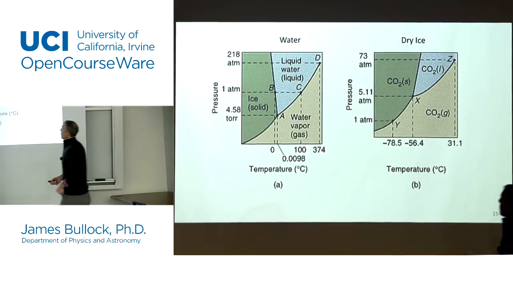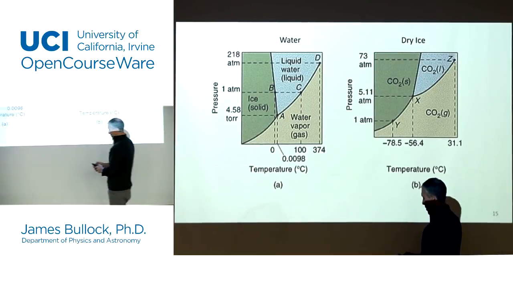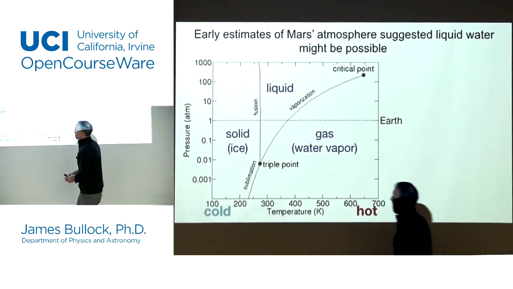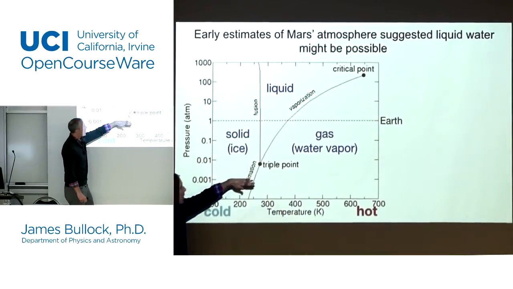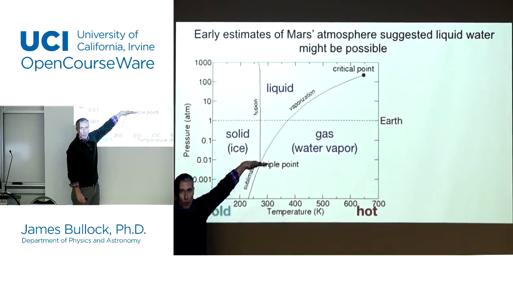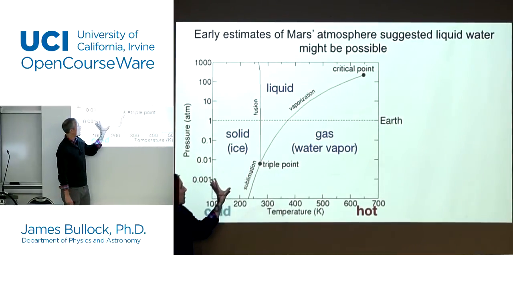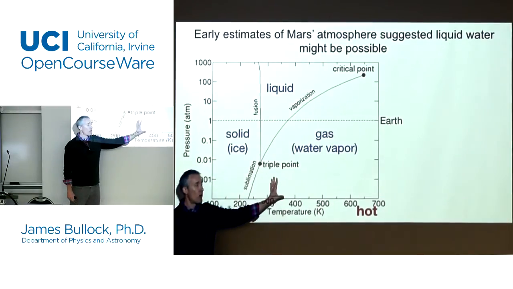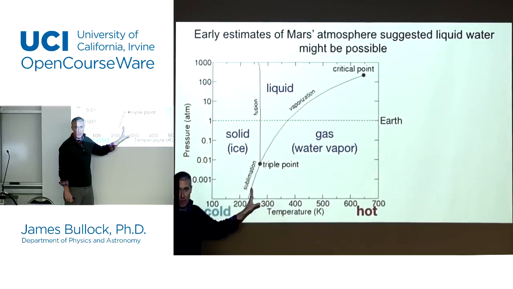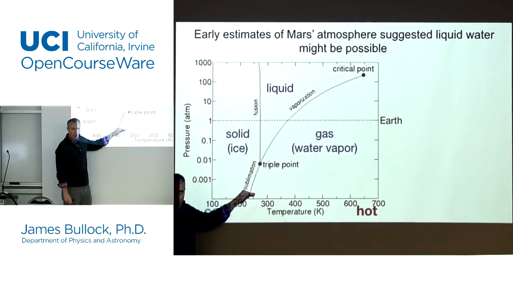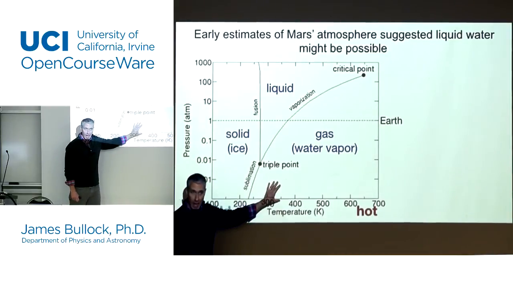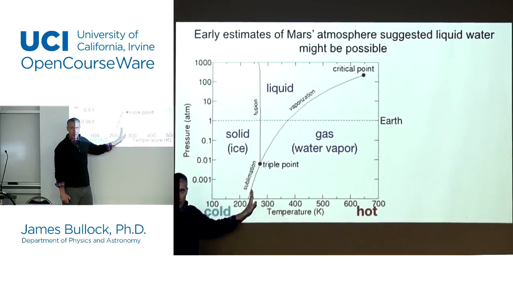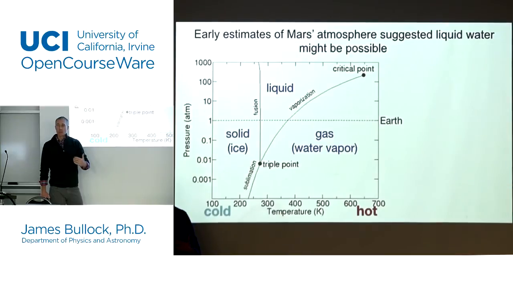Now let me just remind you that if the air pressure is low enough, however, then you get below the thing called the triple point of water. In that situation, you can either have solid ice or vapor water, but you cannot have liquid water. Okay, so if the pressure is very, very low, solid ice will immediately sublimate to gas, and you'll never have that liquid phase. That's the situation with dry ice.